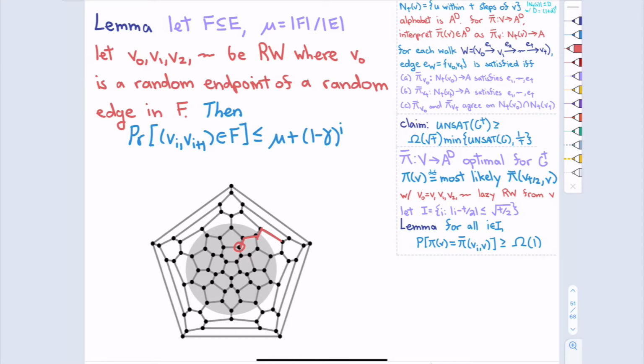Mu is what you would get if it was a completely independent sample, with chance mu at every time if there was no correlation between steps. So you have this error term, 1 minus gamma to the i, but it's decaying, especially if gamma is a constant. It's not an independent sample, but it goes to 0 very rapidly in an expander graph.